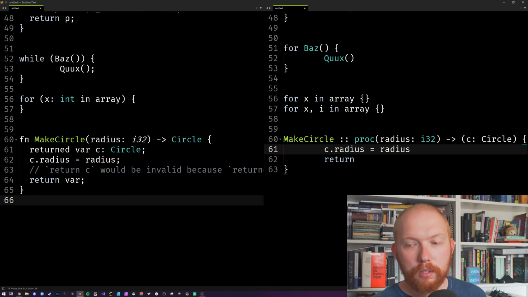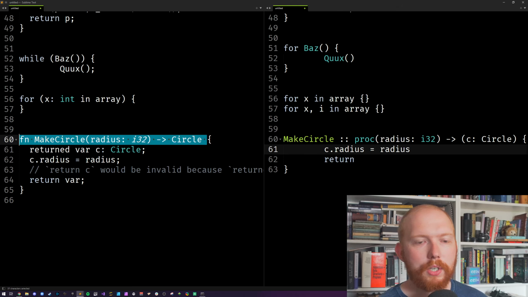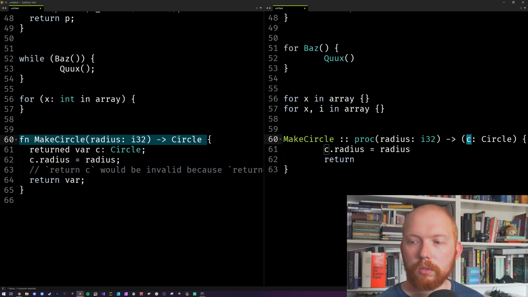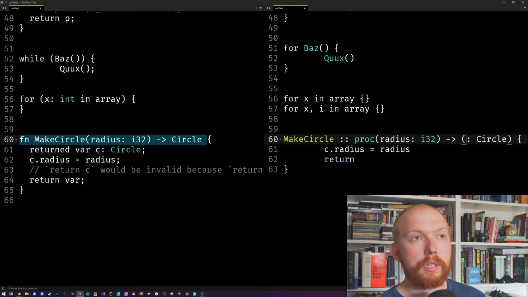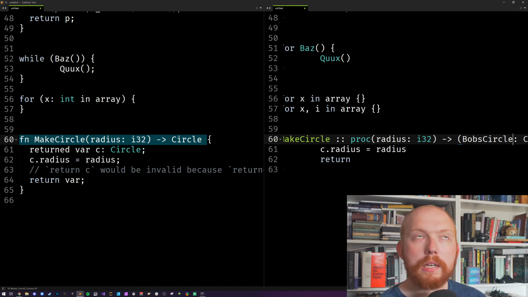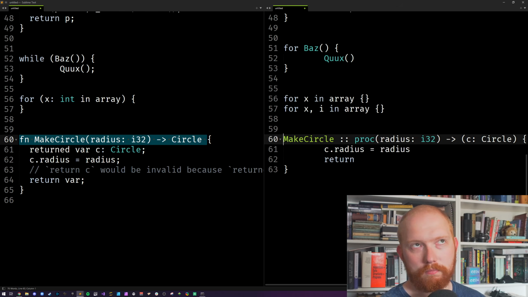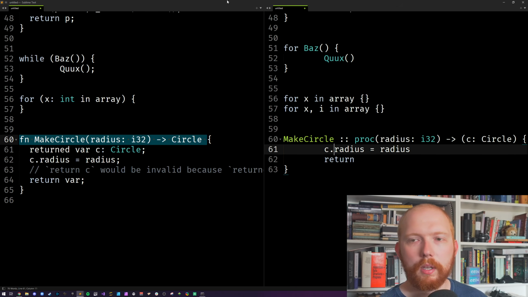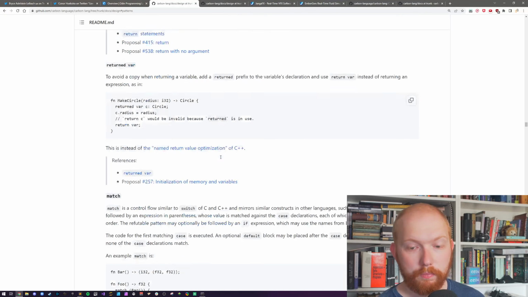So Odin's, in my opinion, is a lot cleaner, a lot saner, and a lot more flexible than this approach, which is in the body. So when you're reading the documentation, you don't have the luxury of naming return values, which is like an auto documentation. This thing could also mean not just make a circle, but we could name it something though. This is Bob's circle, which may be really, really important in documentation, maybe. But there's the case, and there's the difference between those two.